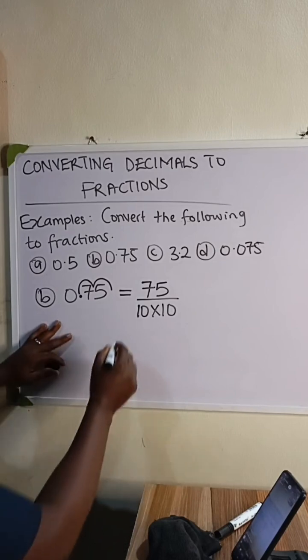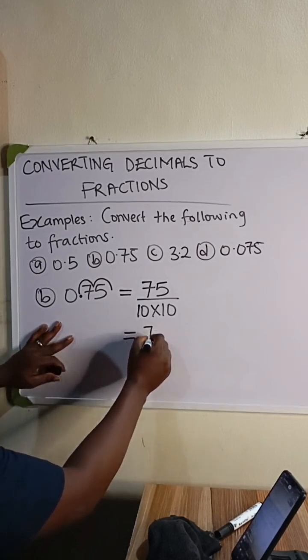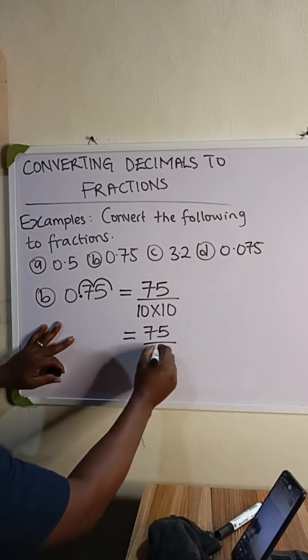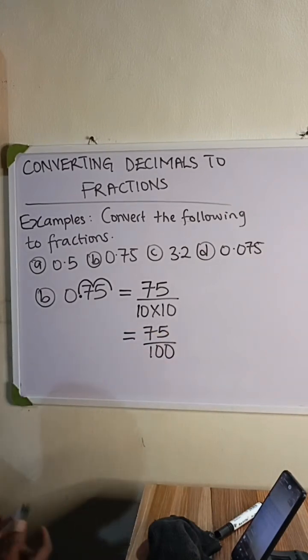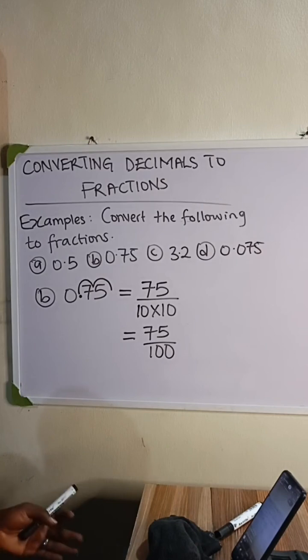And we know that 10 times 10 is 100. So this is 75 all over 100. We can break down 75 all over 100 to its simplest form. What can divide both 75 and 100? 25 can divide both of them. We can start from 5, but just to save time,